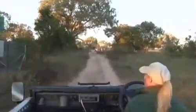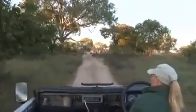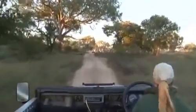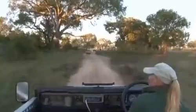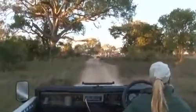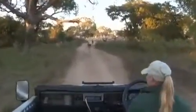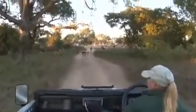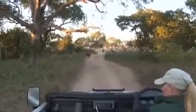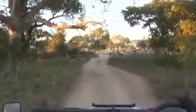Got the bachelor herd of impala here. Just having a quick check here for baboons, but it looks like they've woken up already and moved on. Let's see if we can get a little bit closer to these boys. I don't know if you got this one in shot that's